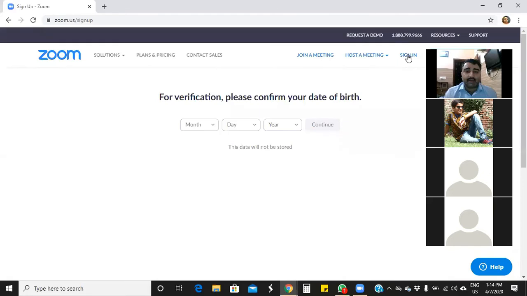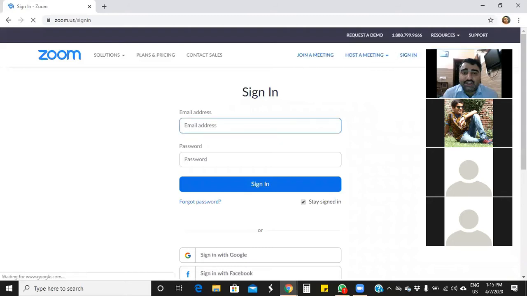Once you have done all this, you need to sign in. On your Zoom icon, when you click on Zoom on your mobile to join this meeting, you will get the option of sign in there, the same way it is signing in here. When you open the Zoom application, you will also get the sign in option. You have to click on sign in, and after clicking, it will ask about your credentials.